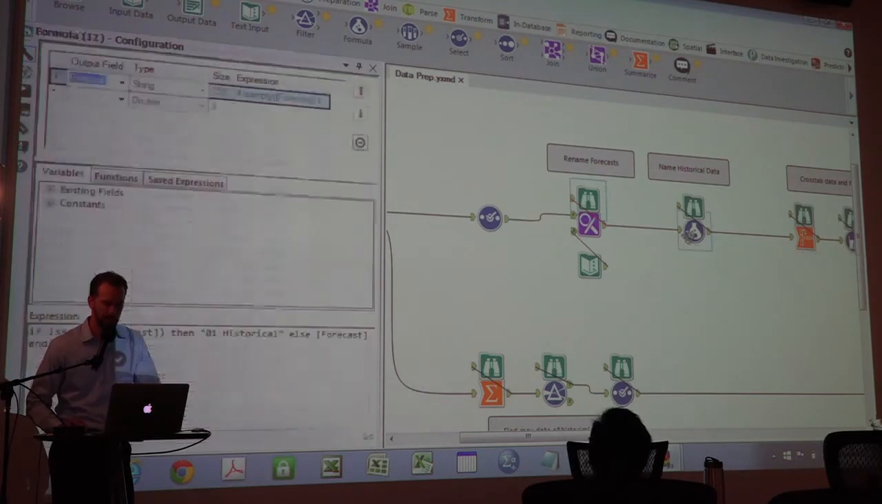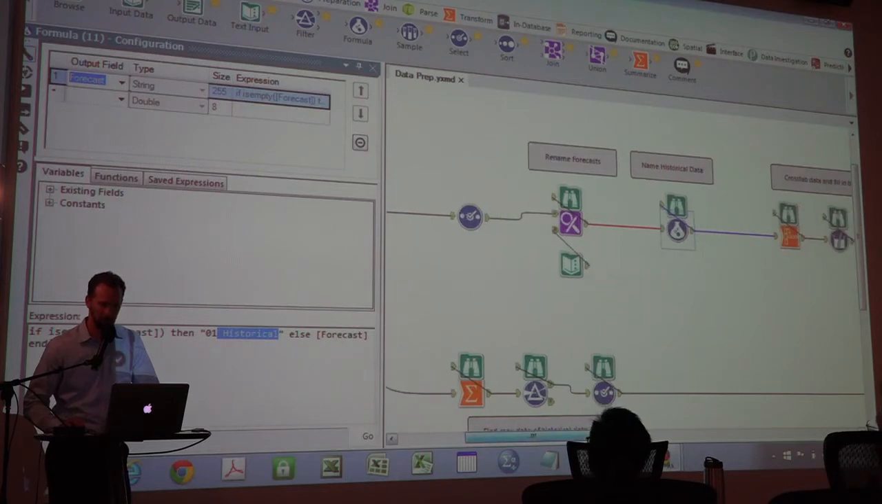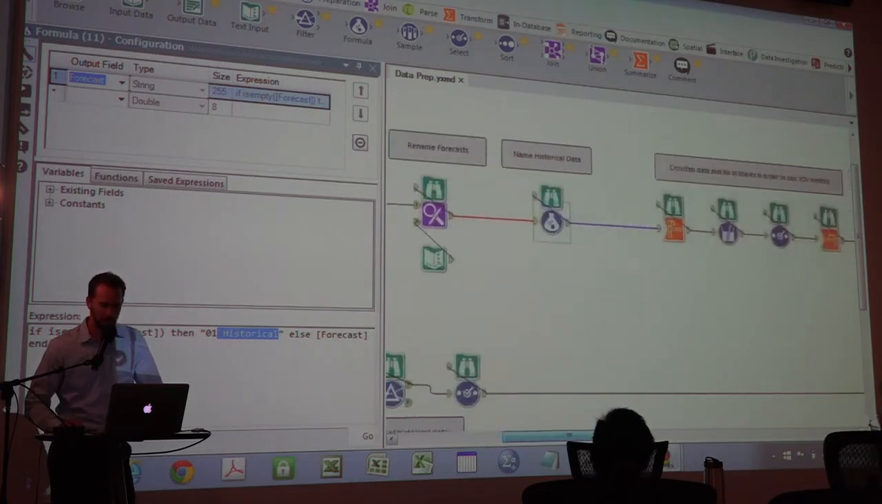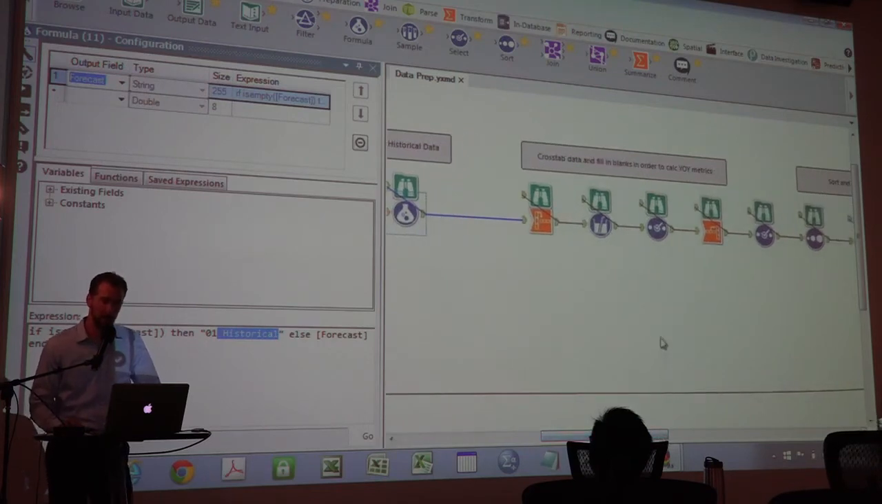And I'm just going to do that using the simple formula tool. So if it's empty, put 01 historical. Let's leave it alone. Now, the next several steps, what I'm going to do is calculate the year-over-year growth in Alteryx instead of